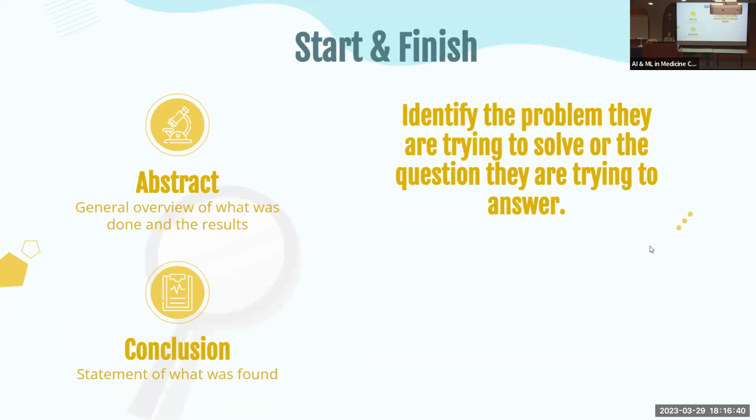So the first thing you want to do when you're reading a paper is read the abstract, read the conclusion, and keep in your mind: what is this paper actually doing? What is the goal here, and why are we doing any of this? Then keep that in the back of your mind when you're reading the paper.